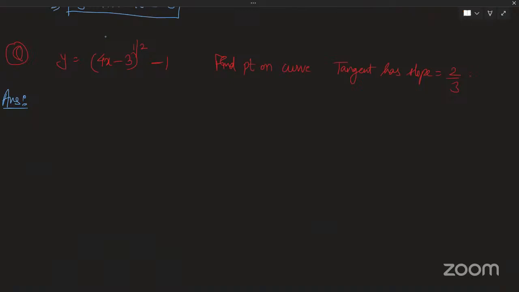Fine. So I need to find such a point on this curve at which the slope of the tangent is 2 by 3. So can you tell me what will be the dy by dx of this curve? Differentiate using the chain rule. So it will be half into (4x minus 3) raised to minus half, into 4, right? So this can be written as 2 by square root of